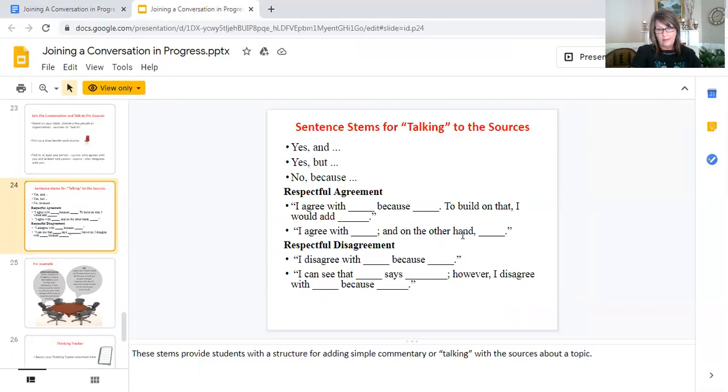On the other hand, so this is like yes, but thinking. So you have yes and, yes but, and no because. So yes, our major claim we agree with. On the other hand,